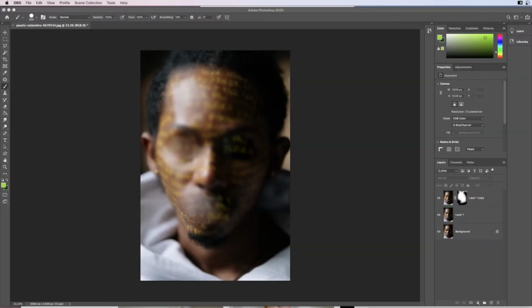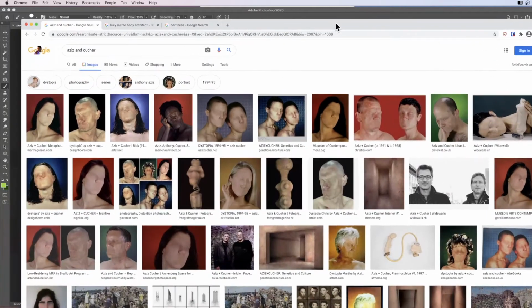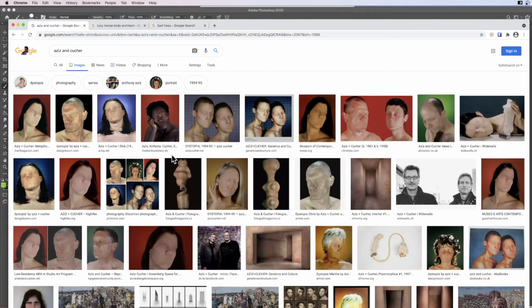Welcome to today's tutorial. Today we're going to be looking at creating an Aziz and Cucher inspired distorted portrait. So here is our inspiration artist. Aziz and Cucher were some artists based in America using Photoshop in the early 2000s to create distorted portraiture like